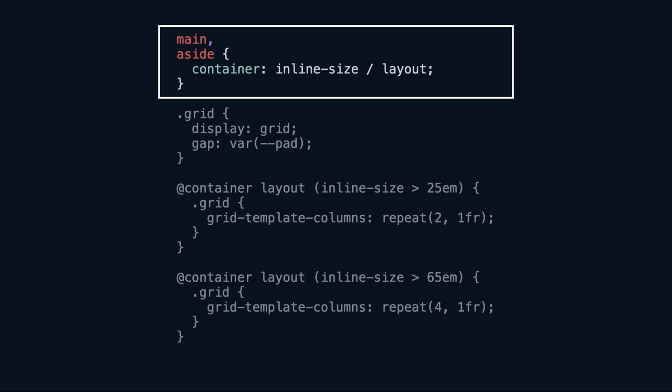So the name is optional, but it helps us in cases where we might have nested containers, and we need to specify which container an item should respond to. The type is inline size, which, if you're familiar with logical properties, you might recall refers to the width when the document is in the left to right or right to left writing mode. There's a lot more we could talk about with logical properties, but for the purpose of understanding container queries, all you need to be concerned with here is that this container allows us to query the width as things currently